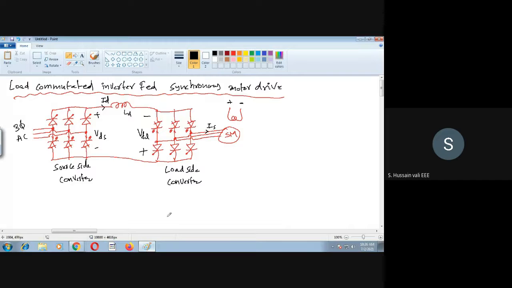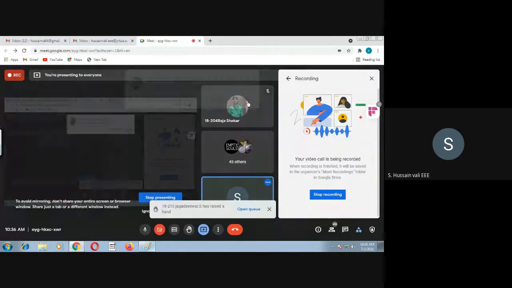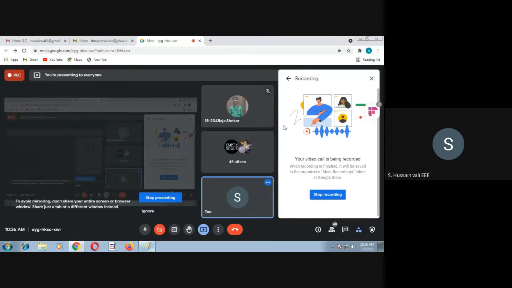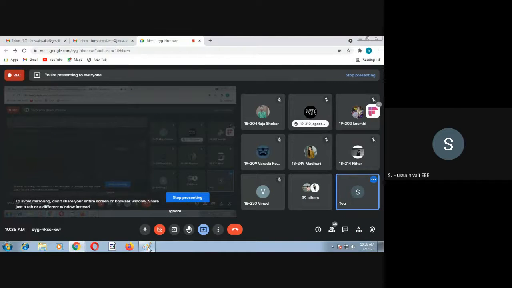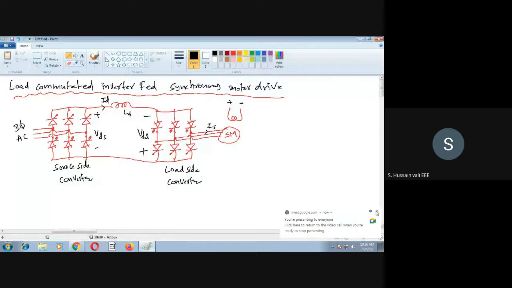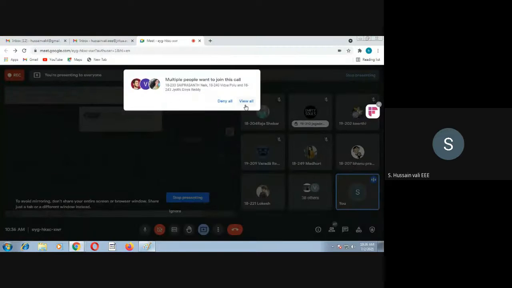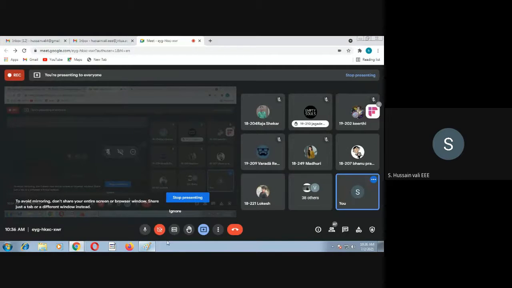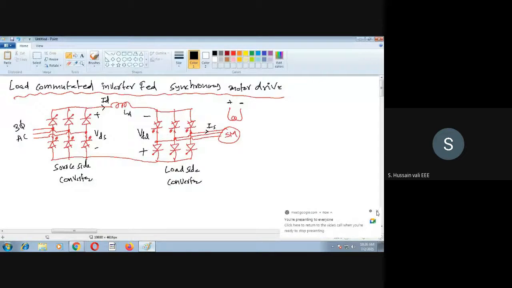Then, if anyone has a doubt, you can ask. Is it visible, audible clearly? Yes, sir, audible, sir. Okay. So what you need to understand here is a few things. This kind of structure we have already discussed in the case of the induction motor. So I don't want to explain the operation of this entire converter once again here. But whichever is necessary, I will just draw that.